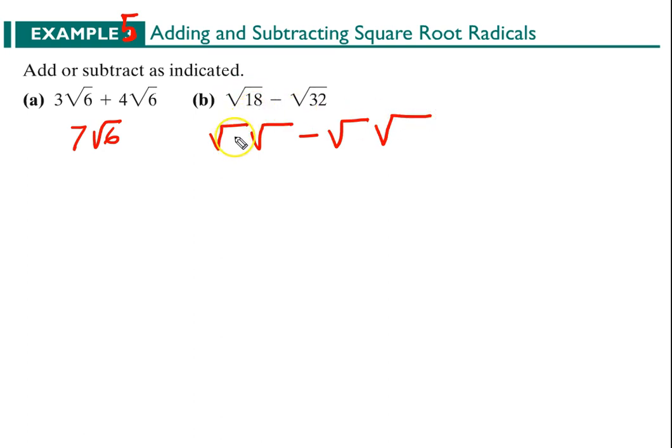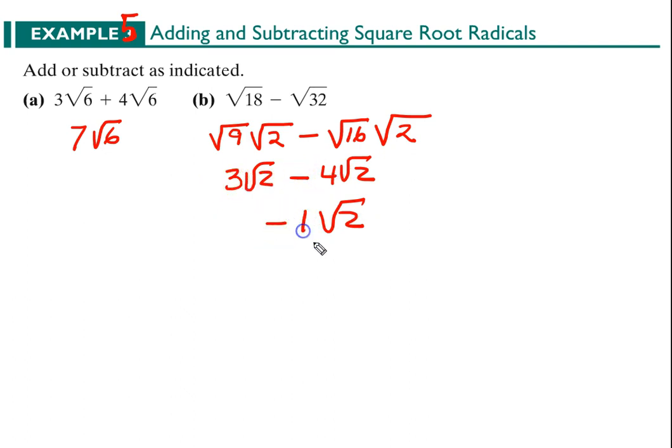And 18 is 9 times 2. And 32, we did that already, is 16 times 2. So the square root of 9 is 3, the square root of 2, minus 4, the square root of 2. And now our radicals are the same, so we're going to get the square root of 2. 3 minus 4 is a negative 1. But often we don't write that 1, so we get negative square root of 2